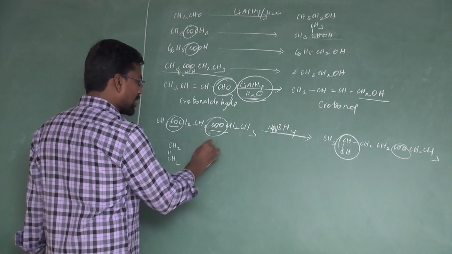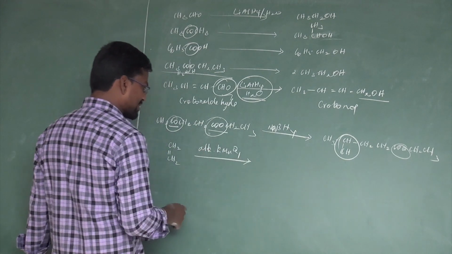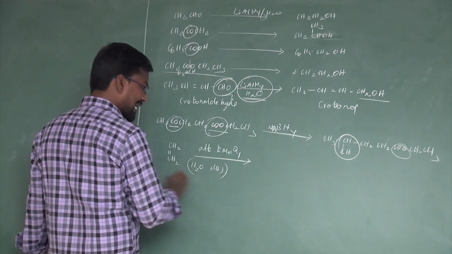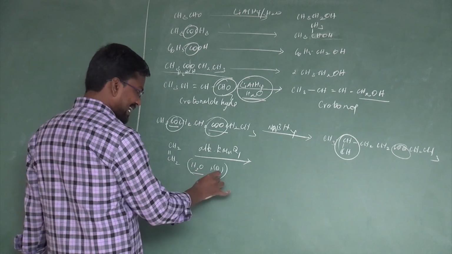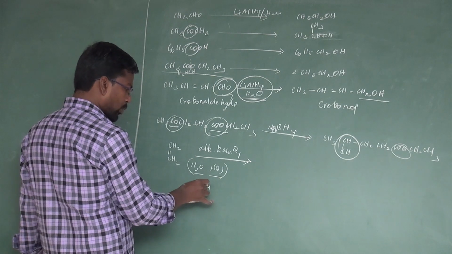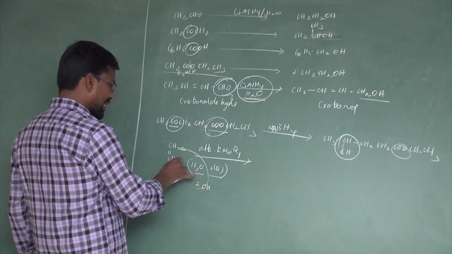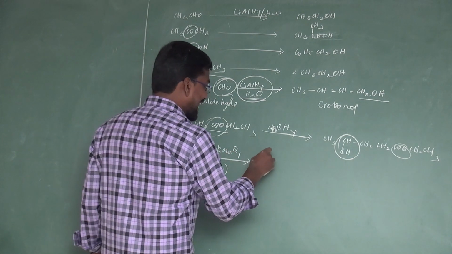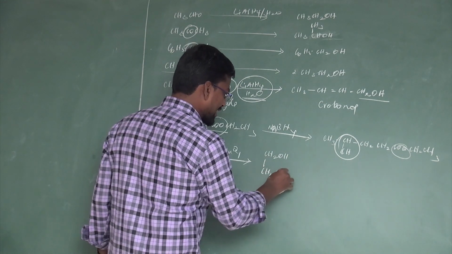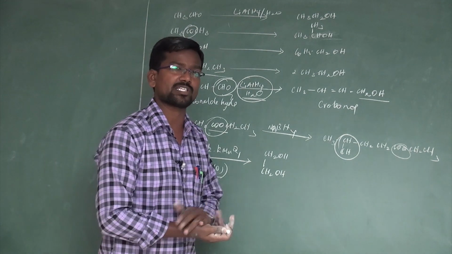In the cold dilute alkaline potassium permanganate, KMnO4, the solution gives 1 mole of water molecule and 1 oxygen atom also. The 1 mole of water can combine with 1 oxygen to form 2 OH groups. 1 OH group attacks one methylene carbon, and the other OH group attacks the other methylene carbon to form a dihydric alcohol, called a glycol. CH2OH, CH2OH, glycol, dihydric alcohol. This process is otherwise called the dihydroxylation process.